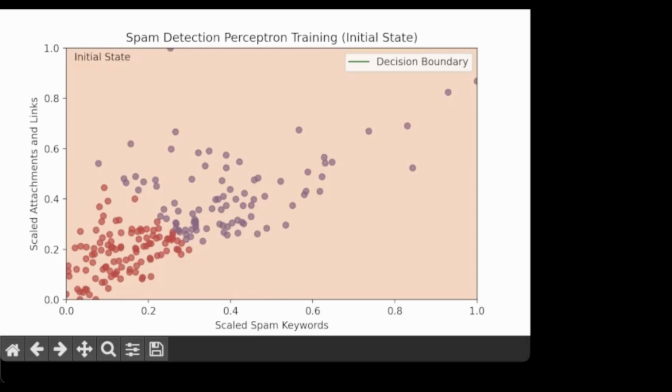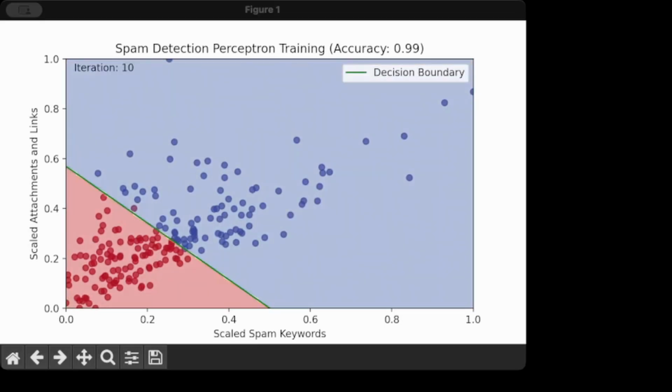Let's take a look now at how we got to this point through a number of training iterations. Initially, our dividing line is on the x-axis, so as soon as we start to train, we make a big jump because we were far off. You're going to see some minor tweaks to the line. It's shifting just a little bit each time as our error is much smaller.